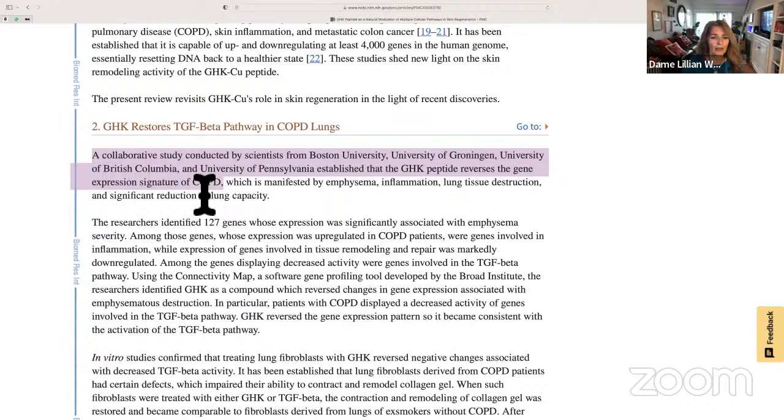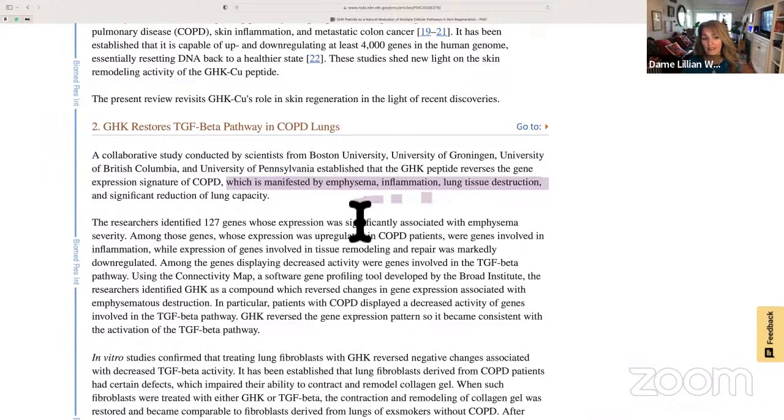So it talks here about COPD, which is presenting as COPD, and it was manifested by emphysema, inflammation, lung tissue destruction, and a significant reduction of lung capacity. Okay, so